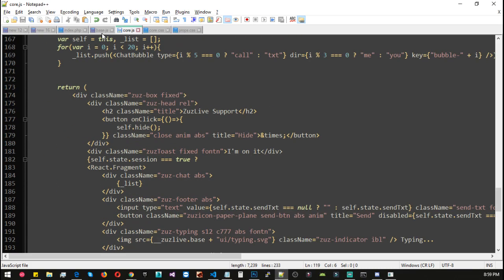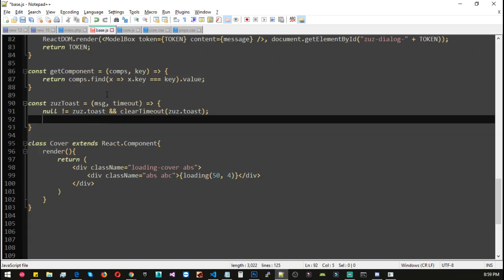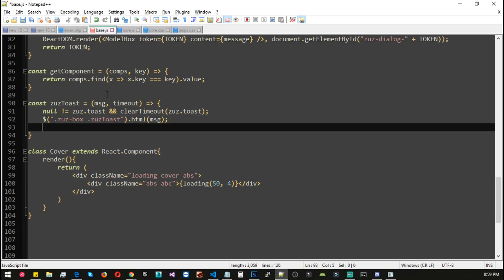And inside those box we need to select this.toast, use box dot this toast dot html should be message, and